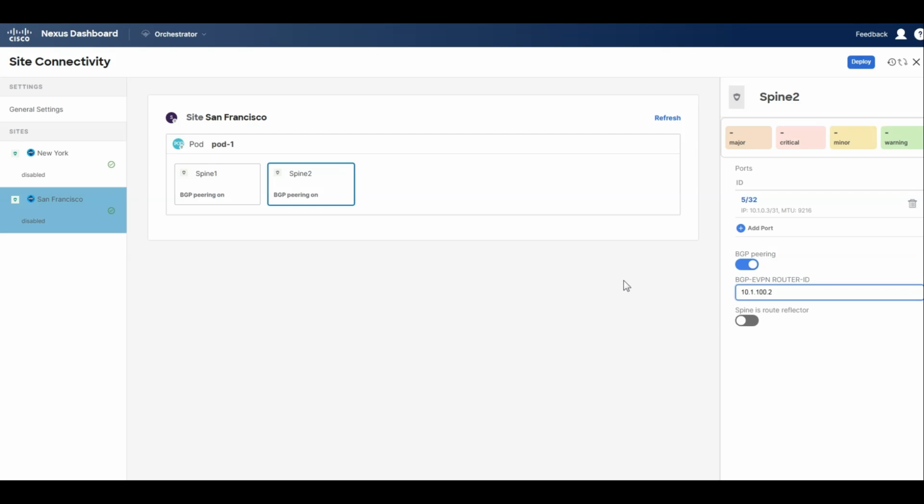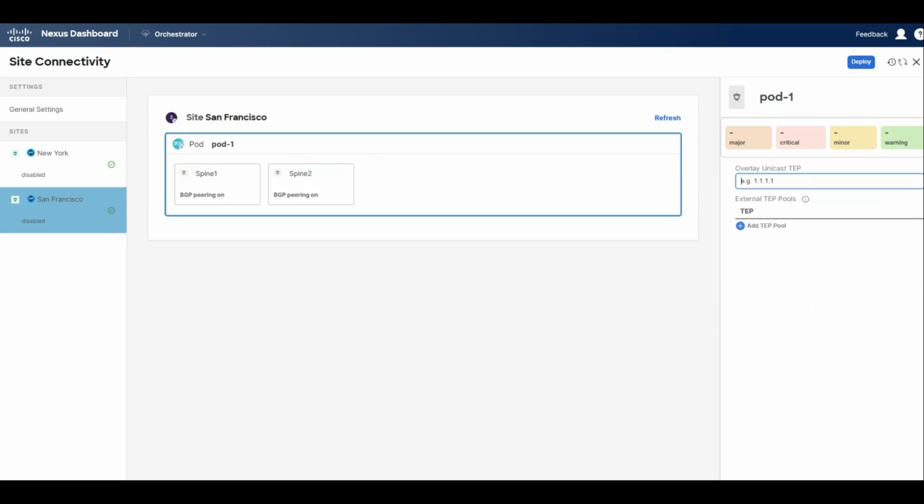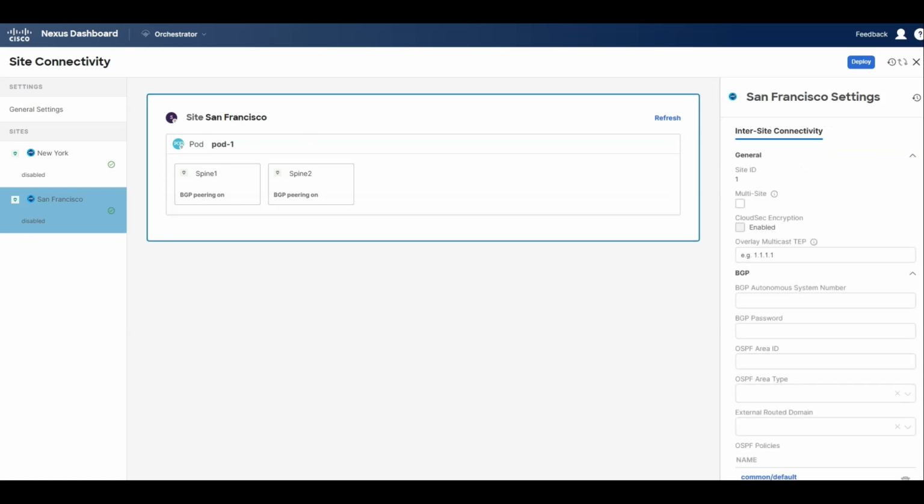Next, we're going to select the whole site and we'll go to the overlay unicast tab. So San Francisco is going to use 10.1.100.100. All right. Now we're going to select the whole site, site San Francisco, and we'll make sure multi-site is on, and the overlay multicast tab. We're going to use 10.1.100.200 and the BGP autonomous system number 65001 and